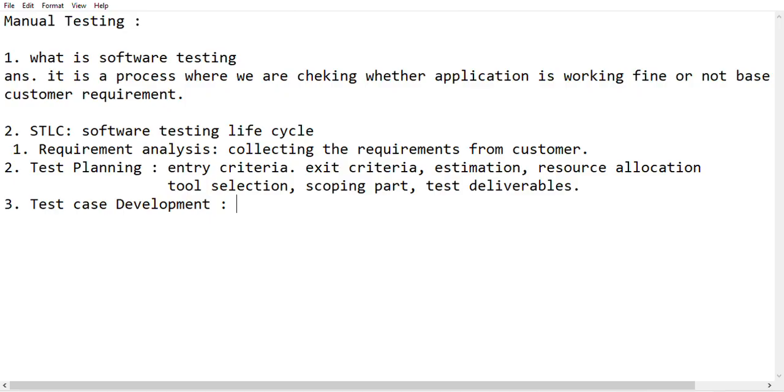So every activity related to test case development, everything we have to do under this particular stage. In this stage we have to mainly focus on the test case writing part. Once test case writing and reviewing is done, once your test case is ready for execution, then we have to